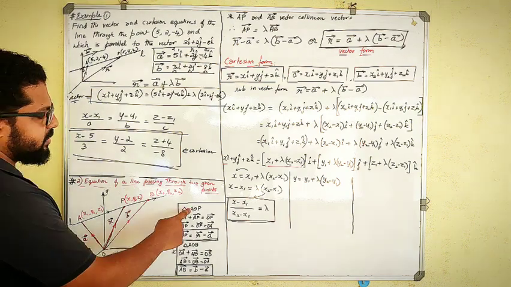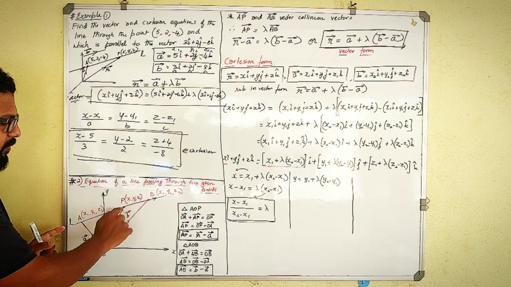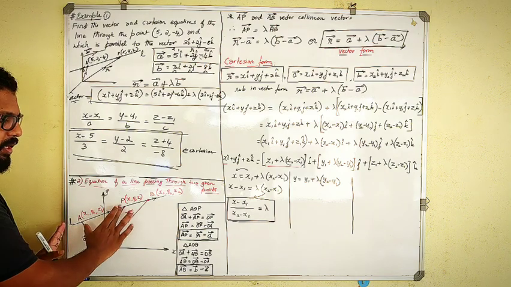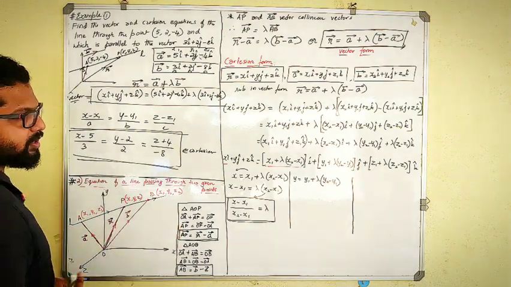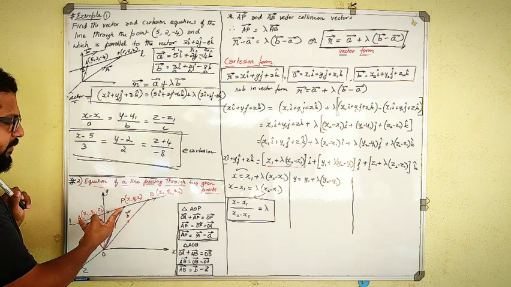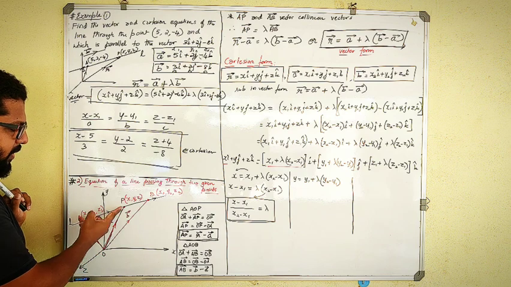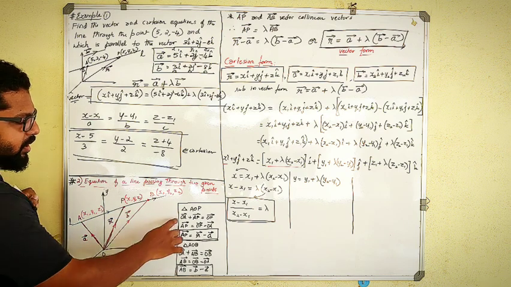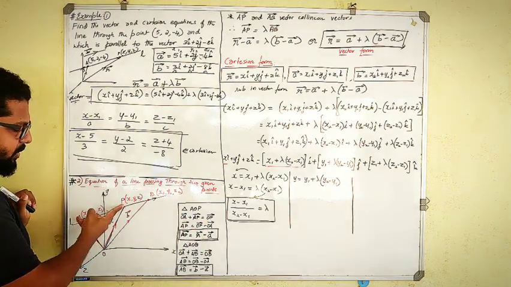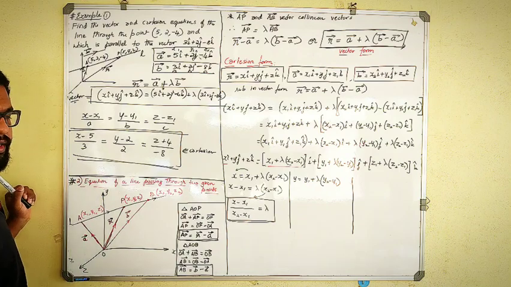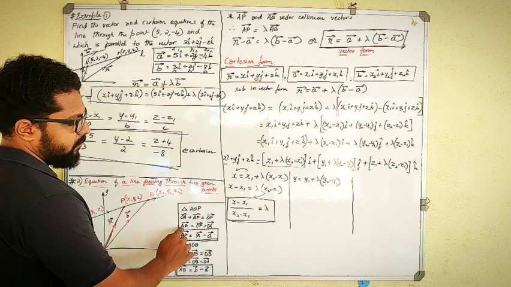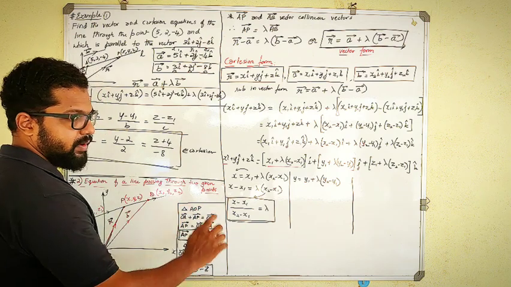Then let me consider the triangle AOP. This is the triangle which I am looking at first, the smaller triangle, just a portion of the whole. In this triangle, from the vector law of triangle addition, OA vector plus AP vector is equal to OP vector. This vector plus this vector is equal to this vector. Now I will shift the OA to that side, it becomes minus OA. Therefore AP vector is equal to OP vector minus OA vector.